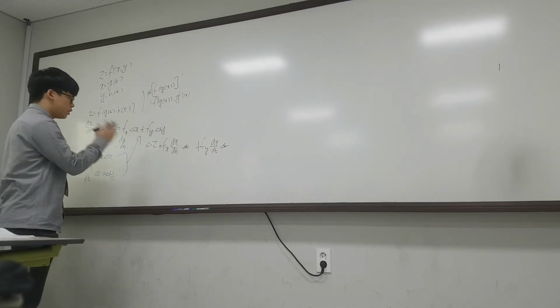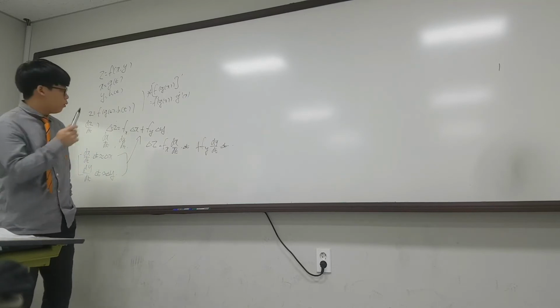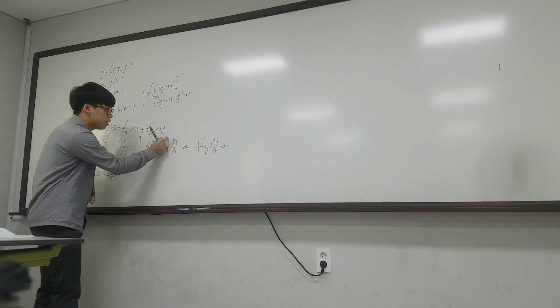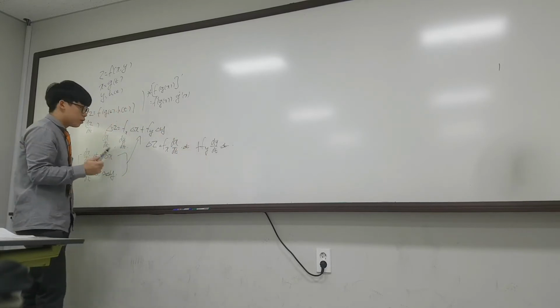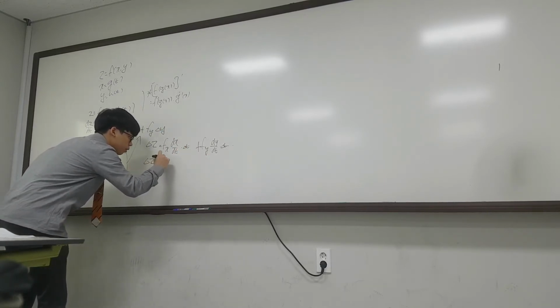And now let's see what we can do with the fx and fy. We can represent these as partial derivatives, so we can change the notation simply. Delta z will be